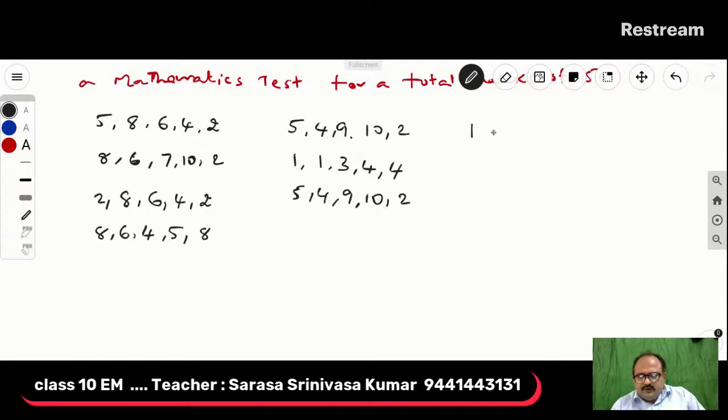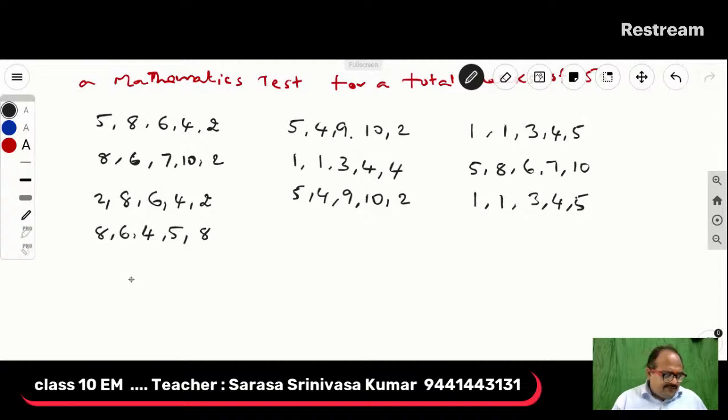Next 1, 1, 3, 4, 5, 5, 8, 6, 7, 10, 1, 1, 3, 4, 5. So these are the marks obtained by the students